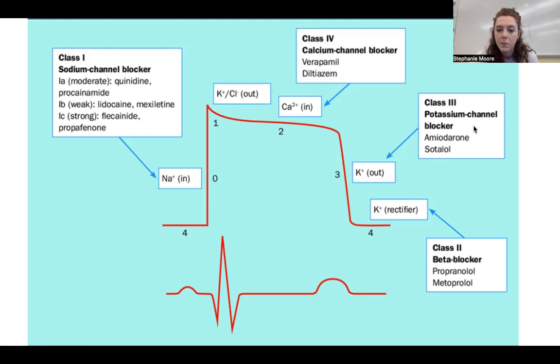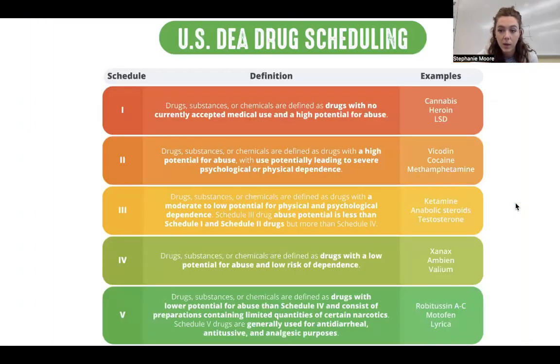But Yao had a good question in class. The difference between classes, so those were classes, versus schedules. So I inserted this slide. So here is the USDA drug scheduling. Now this is subject to change, I think, in every single state. So the FDA, we have cannabis